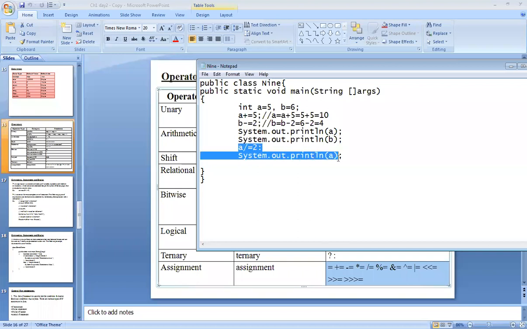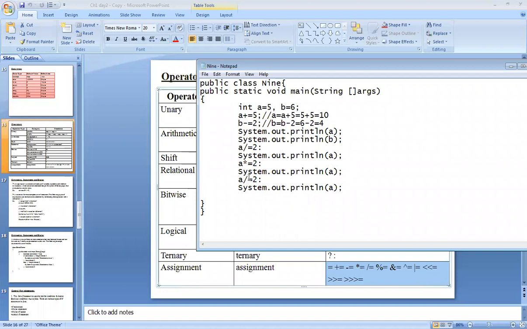Okay, I will apply the same process for the single variable, so you will not get confused. Then I will use the multiplication. In same fashion, I will use the mod also. Percentage. I will save it and I will once again implement it.